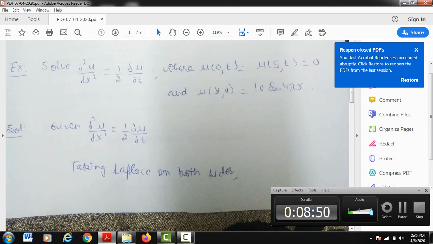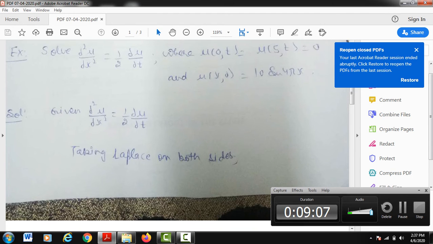The conditions are u(0,t) = 0 and u(5,t) = 0, meaning when x is 0 or x is 5, with t fixed, the value of u is 0. And when t is 0, with x fixed, u(x,0) is 10 sin 4πx. Okay, so students, if this question comes in the examination, you can solve it by using the method of